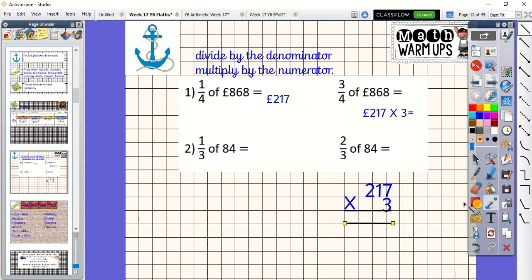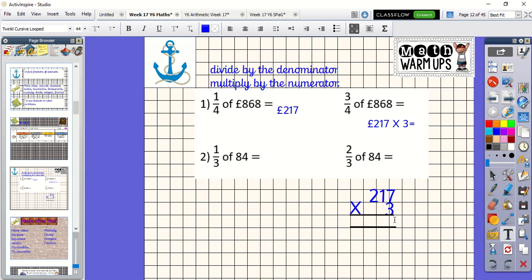Okay then, so in our ones column we need to do 7 multiplied by 3. 7, 14, 21. So I need to put my 1 in my column, but then I need to carry that 2 underneath the tens column. I then need to do 3 multiplied by 1, which is 3, add the 2, which is 5, and move that into the correct place value column. And then finally I need to do 3 multiplied by 2, which is 6, so that also goes in there as well. So 3/4 of £868, the answer is